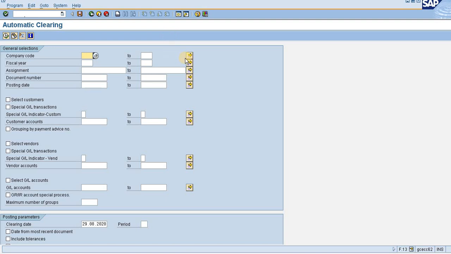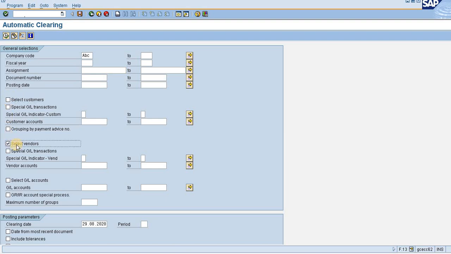Now the question may arise in your mind that what kind of clearing it will be. Will it be vendor clearing? Will it be customer clearing? Will it be GL clearing? Then the answer is, this transaction allows you to clear all. As you see, there are parameters like select customer, means you can clear your customers.